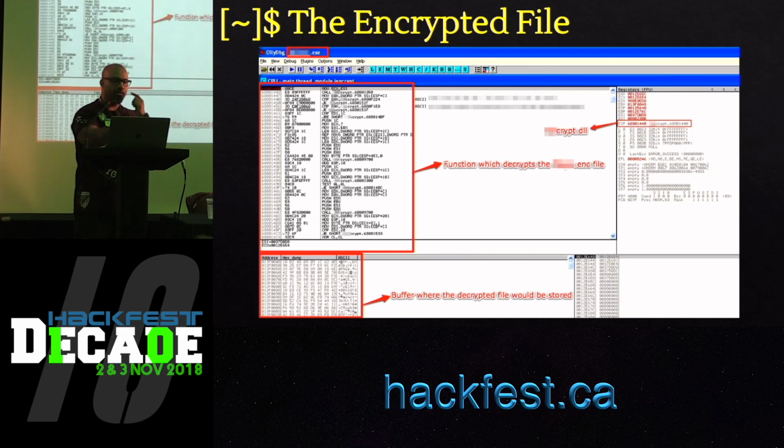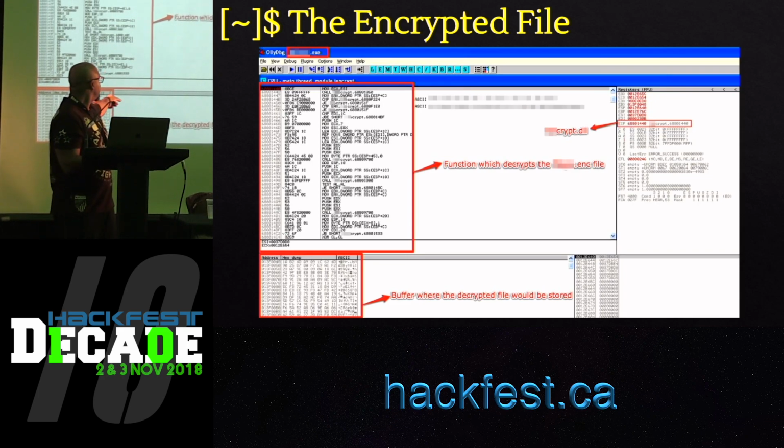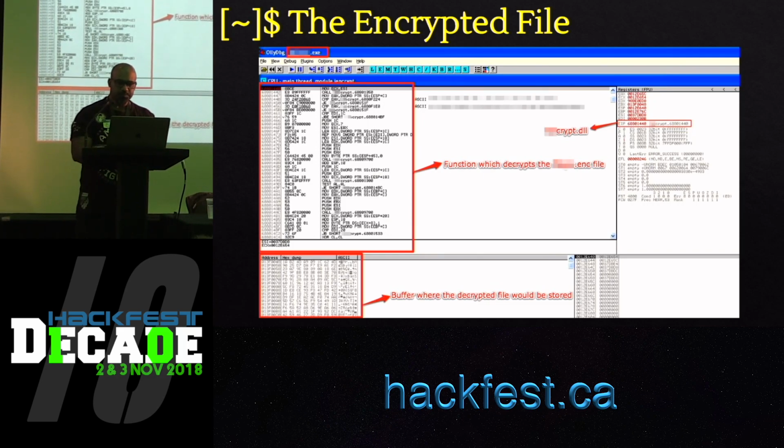So what I ended up doing was reversing the logic for decrypting the file, and just wrote a Python script that would load the file, decrypt the content of the file and save it onto another file. What I could have also done was just read the decrypted content from the buffer down there, but that didn't sound so fancy, so I just wrote my own Python script to do that.